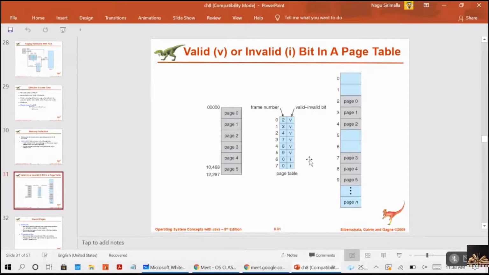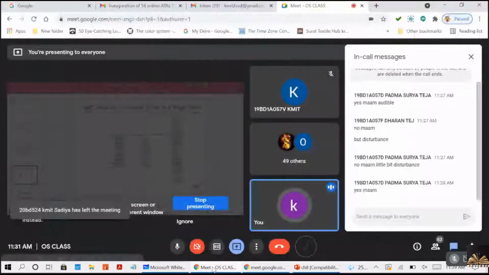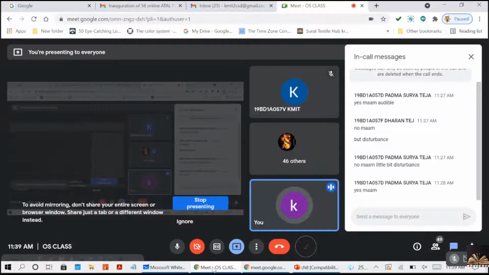But what is the problem here? Can you tell me? Even though we have the valid-invalid bit, we have a problem here. If it is valid, it will give access.